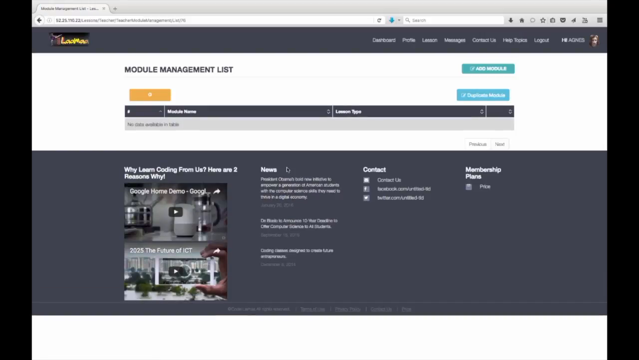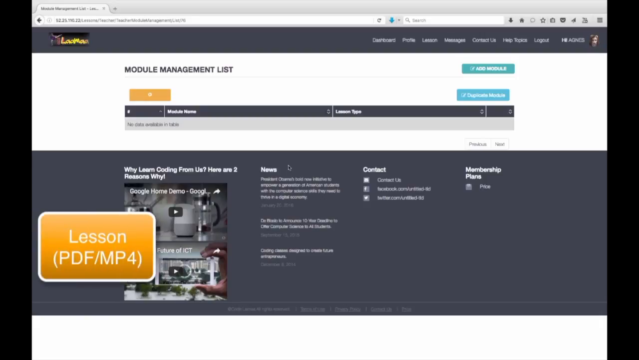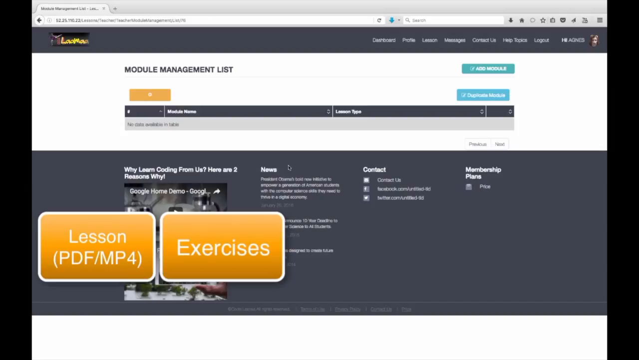So now let's talk about what goes into each module in a course. You can have either a PDF or a video file, an MP4 formatted video file, as your lesson for this module. You will need to have exercises. So I'm assuming you're going to have exercises all through